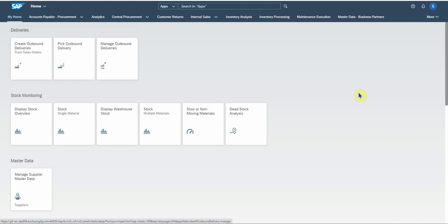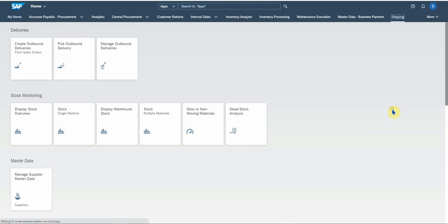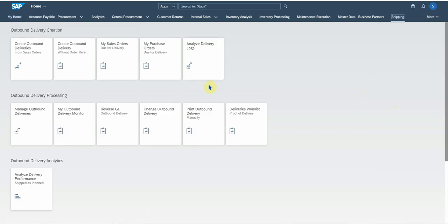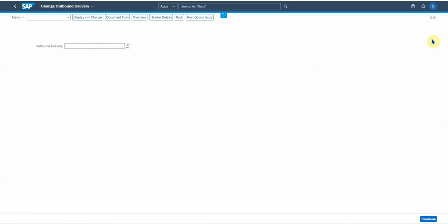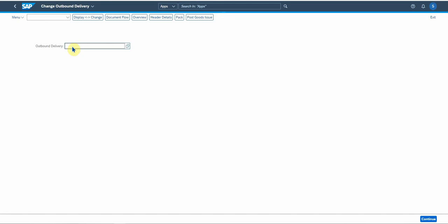Next step is to do the picking. So I go to more, and on the shipping tab, there's a specific app that I want to use, Change Outbound Delivery. It's the old VL02N. If you go to your user section and About, you will see that transaction VL02N is listed here. So we enter our delivery number, 8000539,